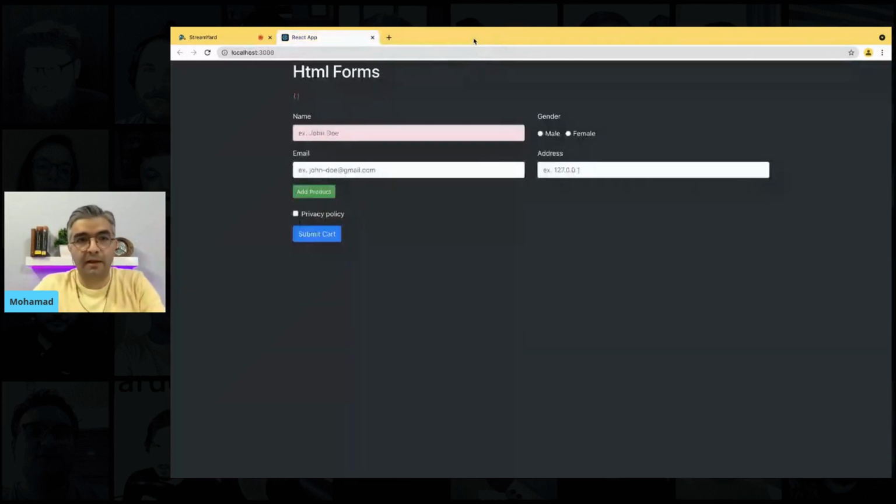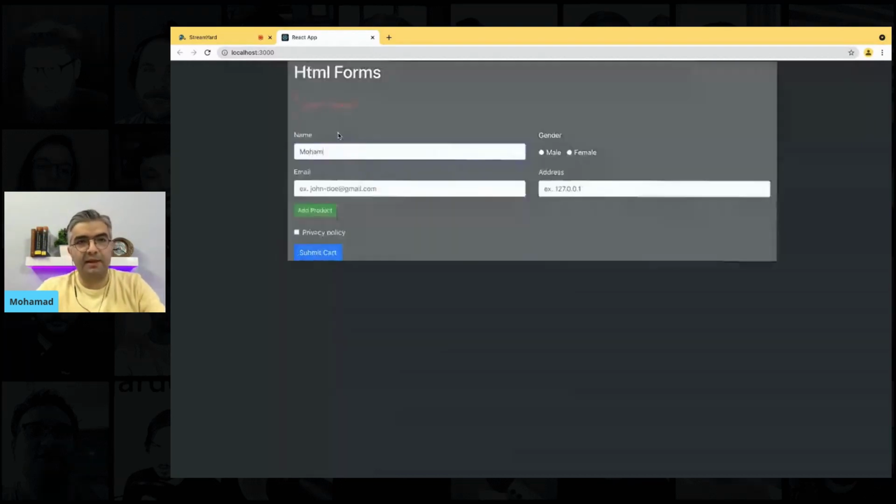Okay, so let's see. First of all, we are trying to use just a form tag, a normal input, normal select, normal radio button, normal checkboxes here. Let's type something. As you see,